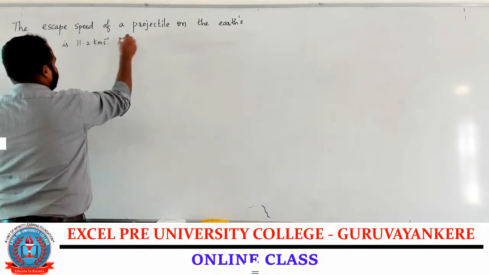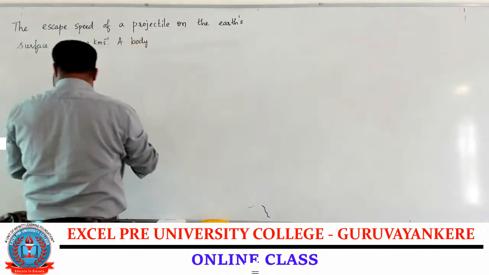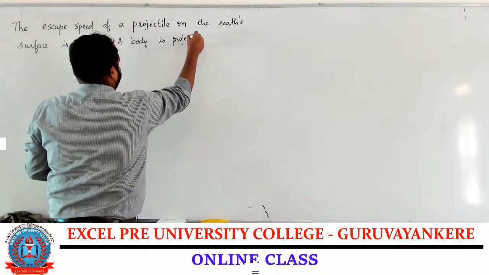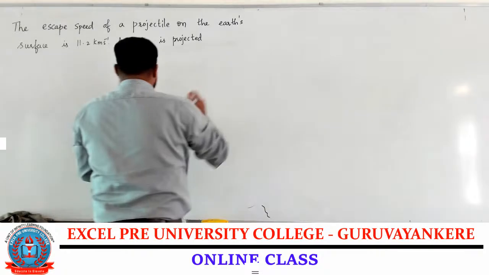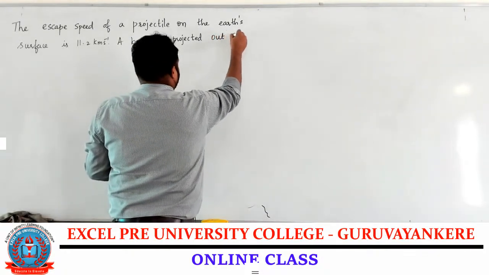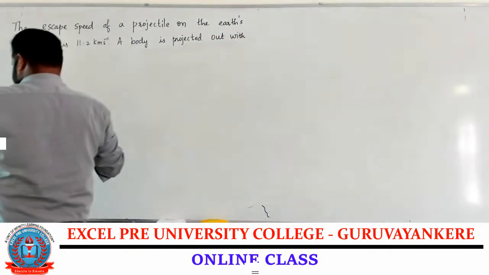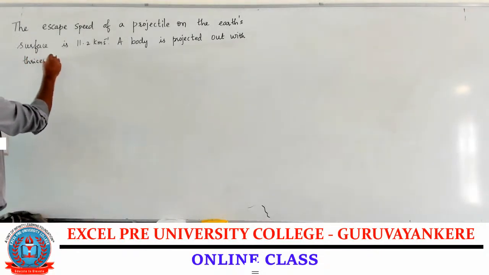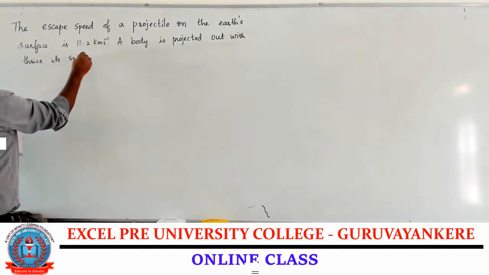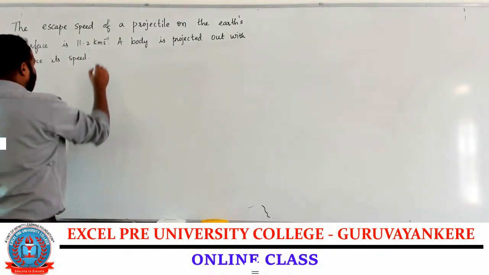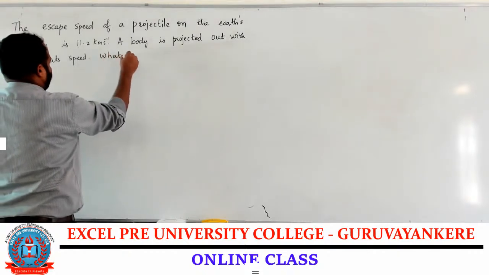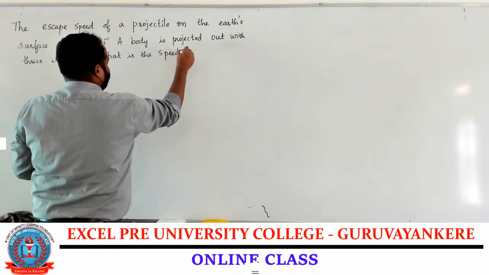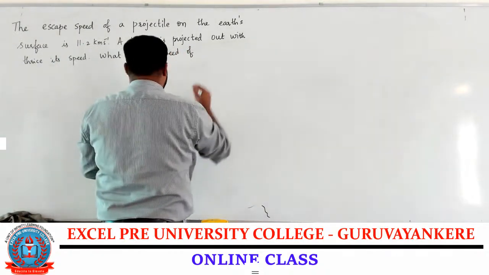A body is projected out with thrice its speed. What is the speed of the body